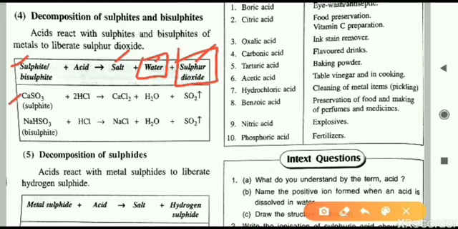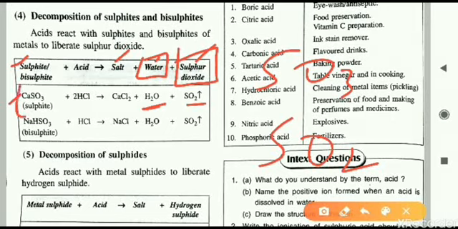So let us have this example here. Calcium sulfite reacts with HCl. So what will form? First write the common things, then the salt afterward. In our book, salt is written earlier, but the better way to learn or prepare these equations is to first write down the common things that form, that is sulfur dioxide and water. So sulfur dioxide is removed. Out of SO3 you will get SO2. One oxygen is still left, which will move to water. So sulfur dioxide and water have been prepared.